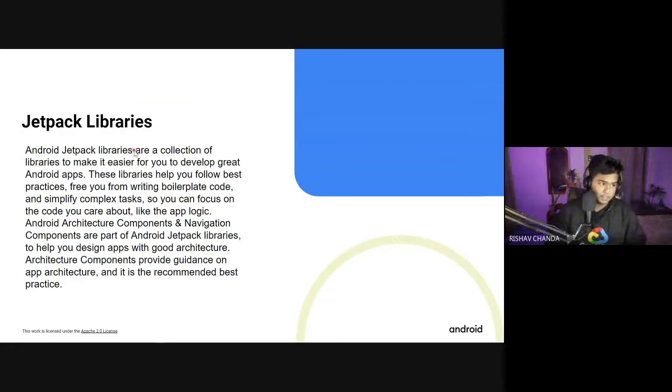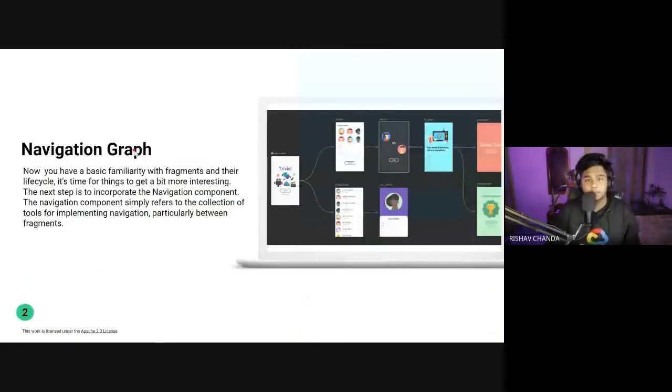Now in this navigational component, we have a navigation graph. A navigation graph is nothing but a flow chart itself. When we have multiple fragment screens and we want to navigate between them, previously when you used intents, you couldn't visualize it.